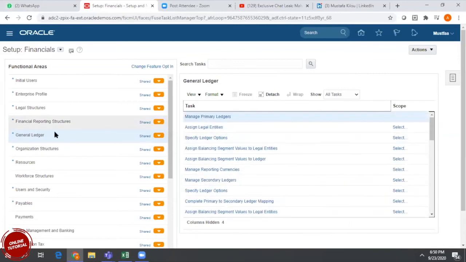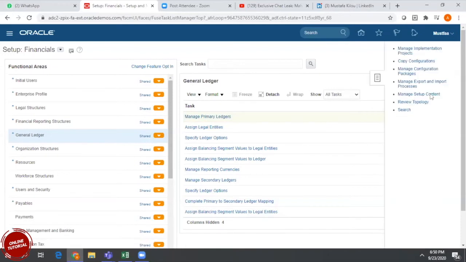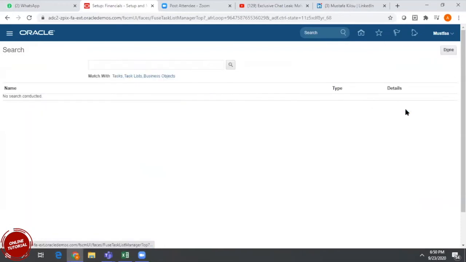Select the respective functional area, and accordingly select the respective task. Otherwise, we can go for search task also. There is a search option, and from here we can select the task, for example, manage accounting calendar.